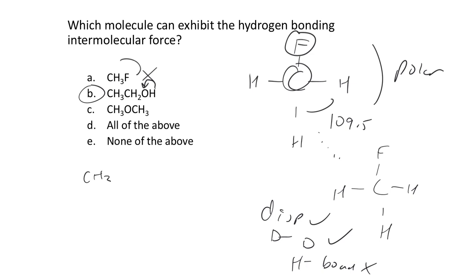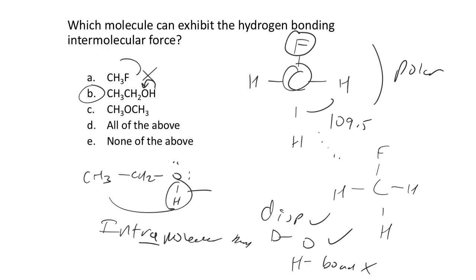So when I look at my structure for ethanol, obviously I have a hydrogen covalently bonded to an oxygen atom. Now that in and of itself is not the hydrogen bonding force of attraction. That's a covalent bond. This is an intramolecular bond. So the covalent bonds, these are all collectively intramolecular bonds. But the question is, what about the intermolecular bonds? That's where intermolecular forces come from. So the attractive force would be between an adjacent molecule of ethanol